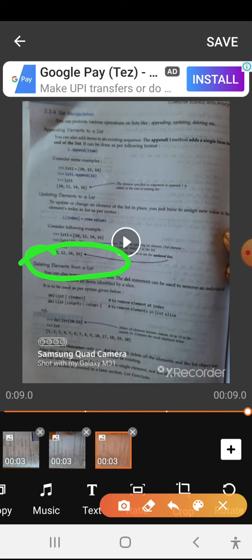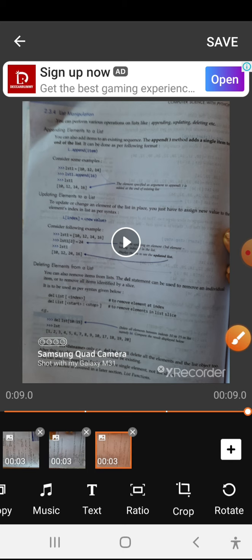Now the next one is deleting the elements of a list. How will you delete? Either you can delete by giving the list index, or you can give the start value and stop value for deleting the elements. If we use del followed by the list name only, it will delete all the elements of the list and the list object too.